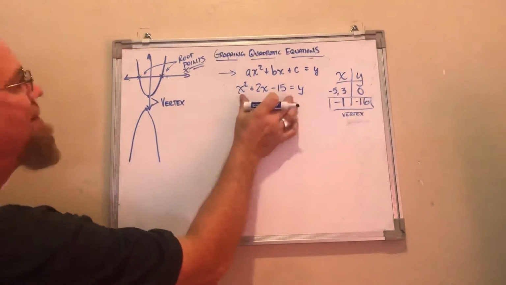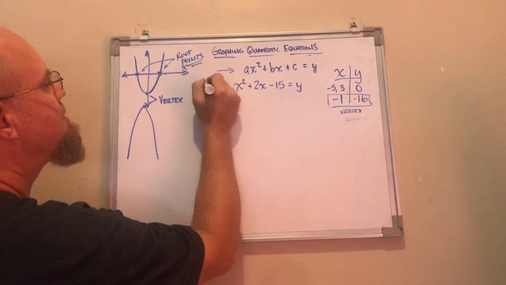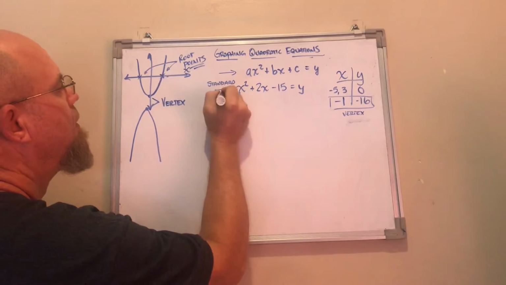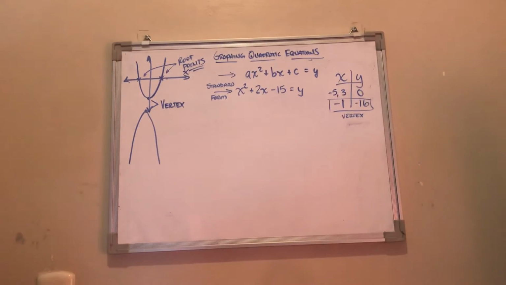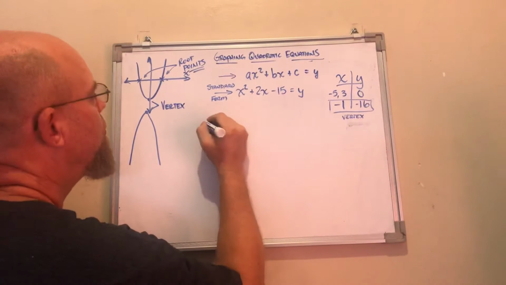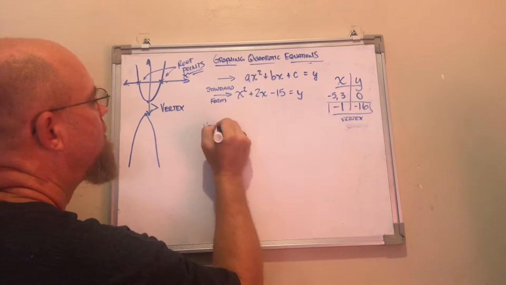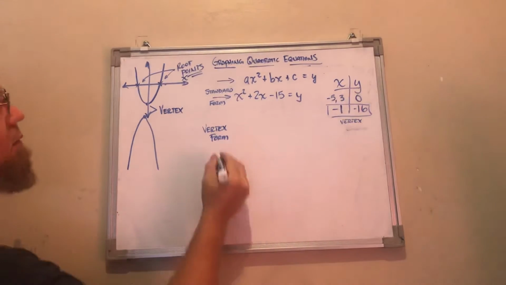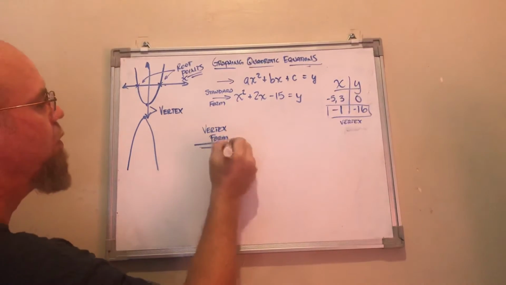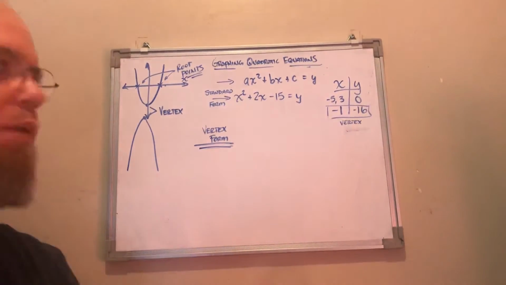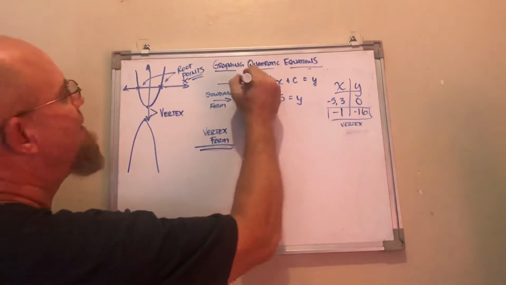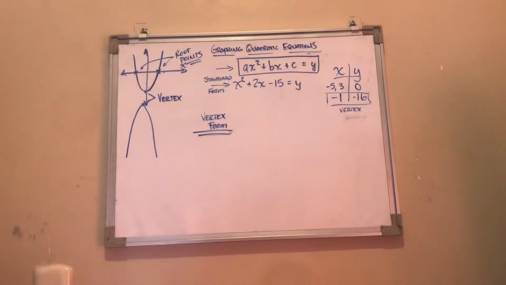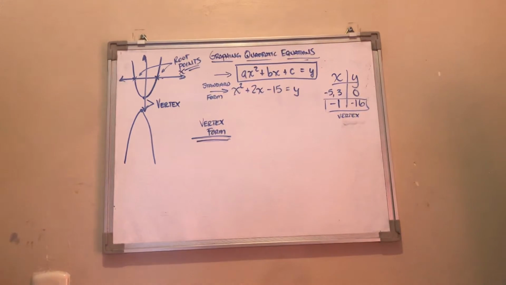So we're going to take this standard form of a quadratic equation, and we're going to turn that into a vertex form of a quadratic equation. You guys are probably wondering, what in the world are you talking about? What is a vertex form? Well, just like this right here is the expression of a standard quadratic equation,